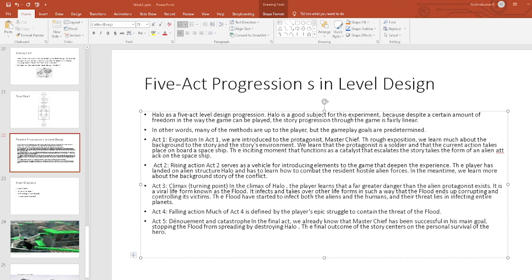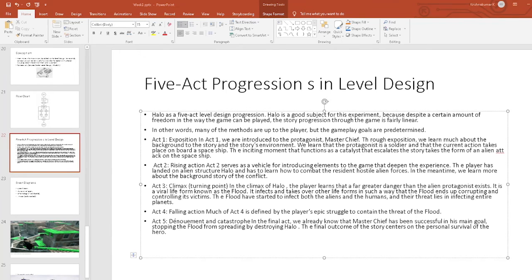So then comes the second act, the rising action. It serves as a vehicle for introducing elements to the game that will deepen the experience.